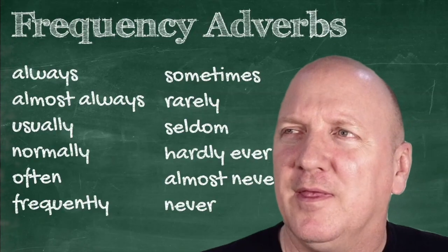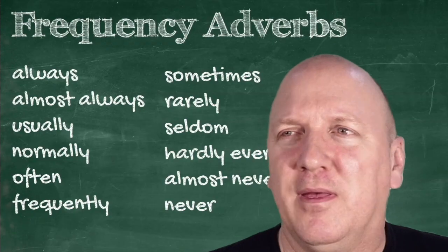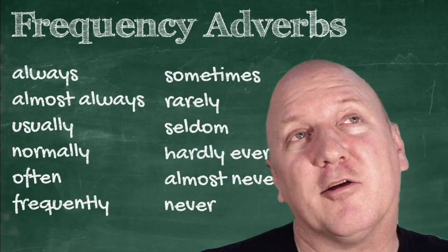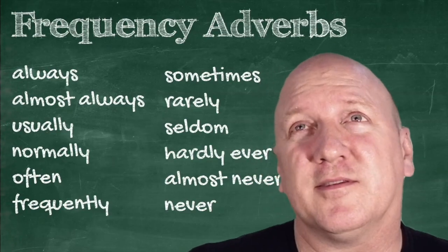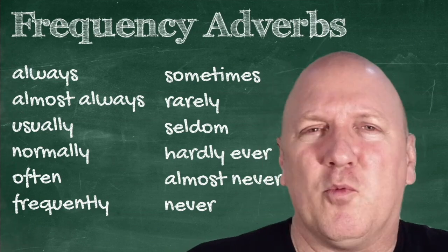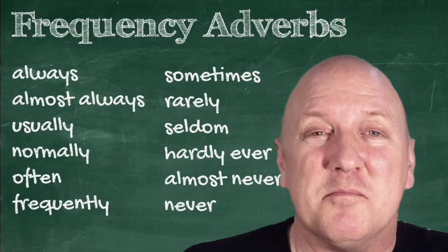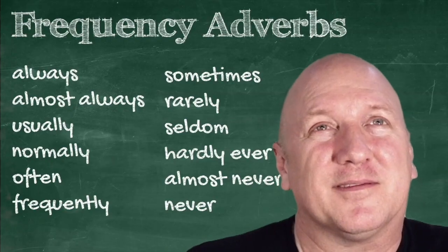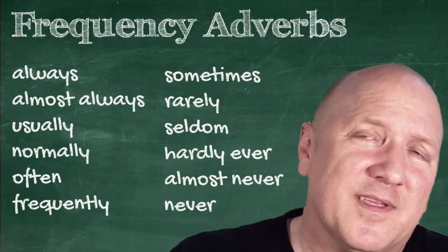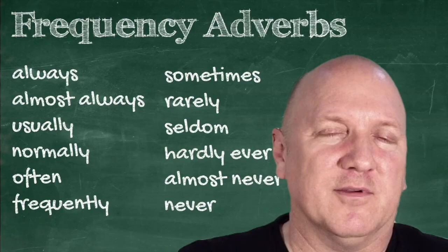Most of those are recognizable. I imagine that you might wonder what rarely and seldom mean. Rarely and seldom refer to con muy poca frecuencia, casi nunca. On a scale of 1 to 10, I would say rarely is something like 2 or 3 maybe. If you say hardly ever, normally when you see the word hardly, you think of something like difícilmente, but it doesn't mean that. Hardly is more like como apenas, maybe. Hardly ever is kind of like saying casi nunca. On a scale of 1 to 10, hardly ever would be like 1 or less. Just the same as almost never. And of course, you know, never is like 0, right?